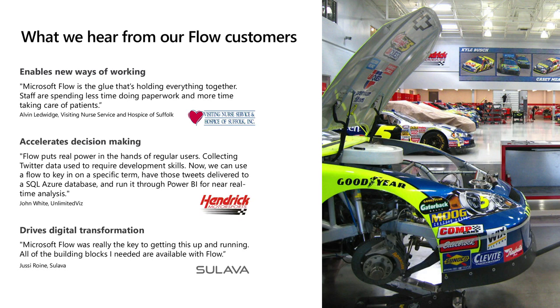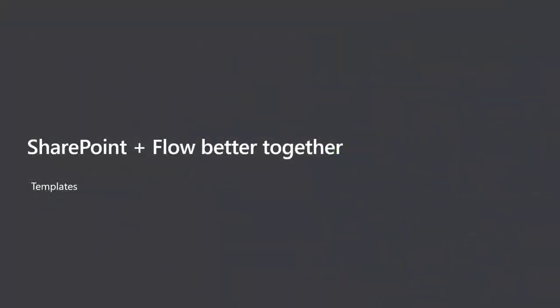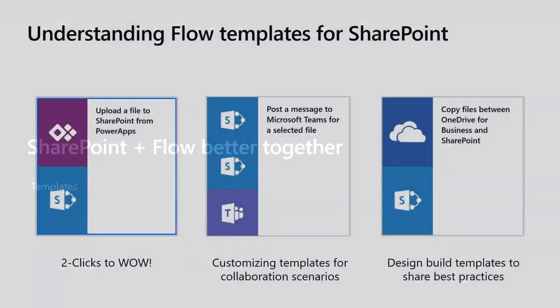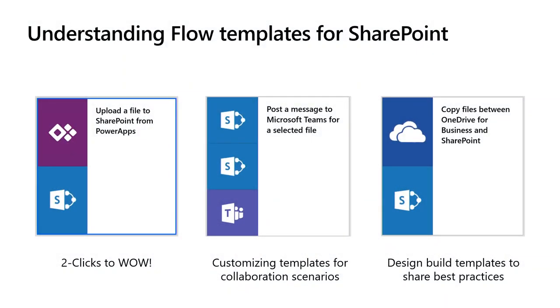And so one of my many goals for today is to hopefully give you some of those tools that you can use or that you can bring back to your organization that they can use to help bring these things together. Now, one of the first places to start with it is with templates. Flow ships hundreds and hundreds of templates, most created by Microsoft, but increasingly community and vendor supported. And templates allow me to start at a higher order process. So if someone needs to automate something, the first thing that you should do or coach them to do is take a look at the available templates.